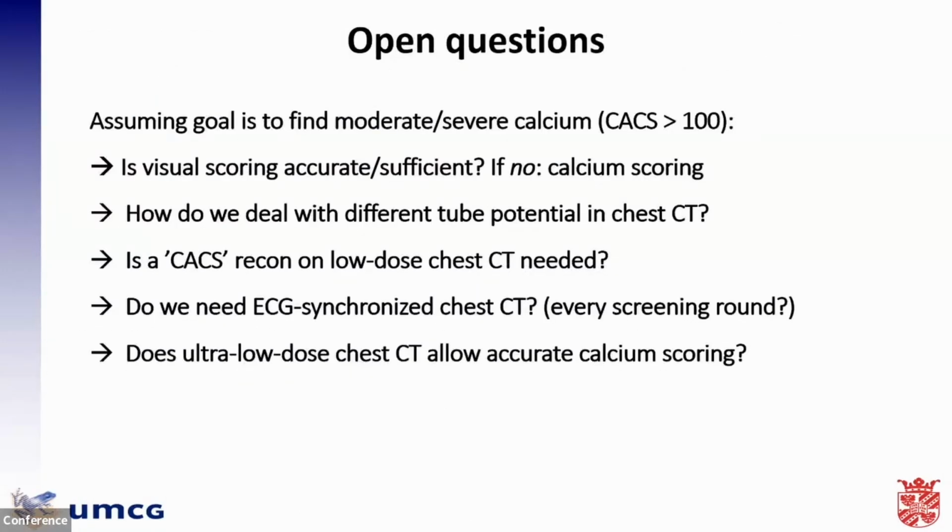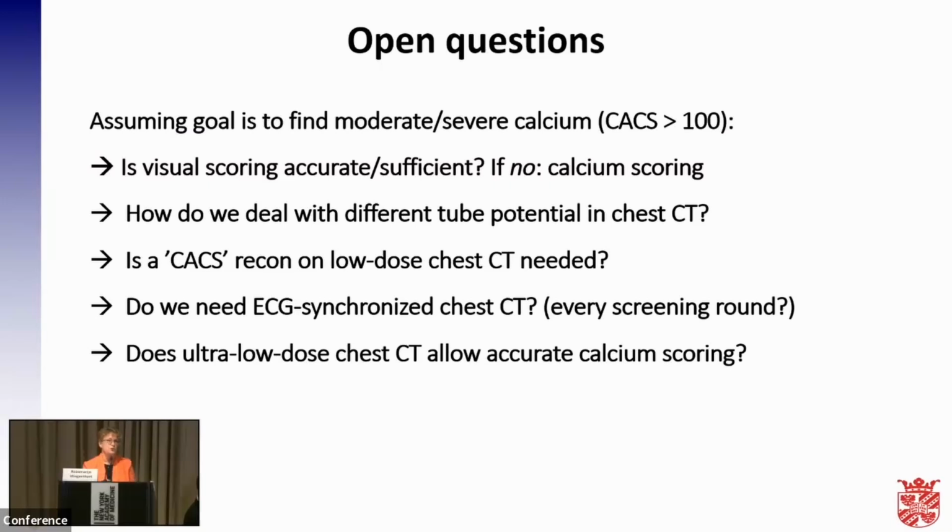So I think this meeting will be an optimal setting to start a discussion on how we can integrate calcium scoring in lung CT screening. And assuming the goal is that we find those with a moderate or high amount of coronary calcium, we have a number of questions we should be discussing and answering. Is visual scoring accurate and sufficient enough? Also, when we want to look, for example, at follow-up scans, what happens with the amount of calcium? If not, we need calcium scoring. If so,